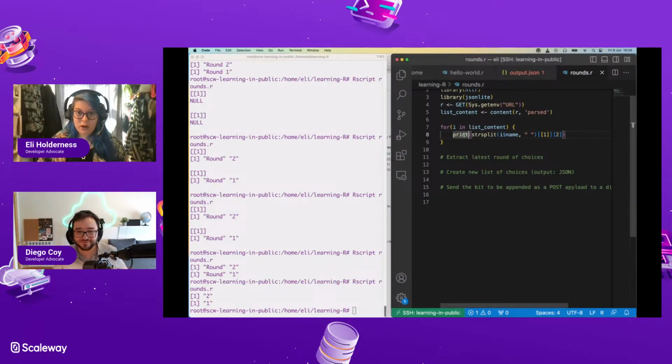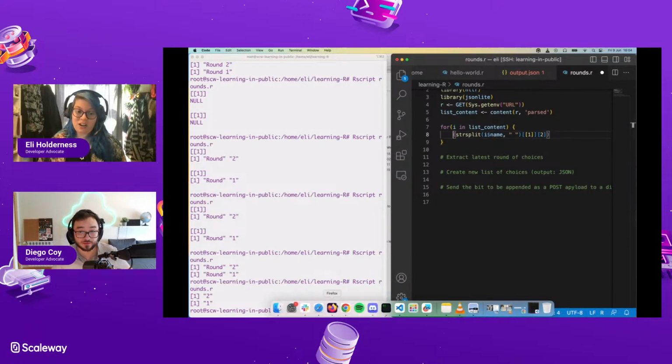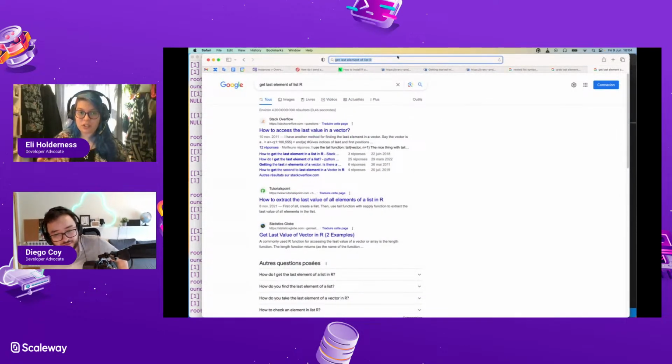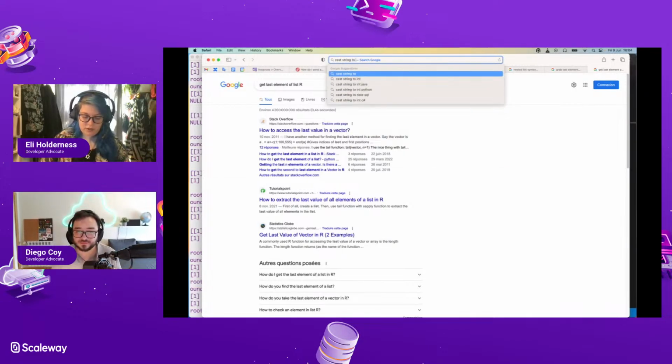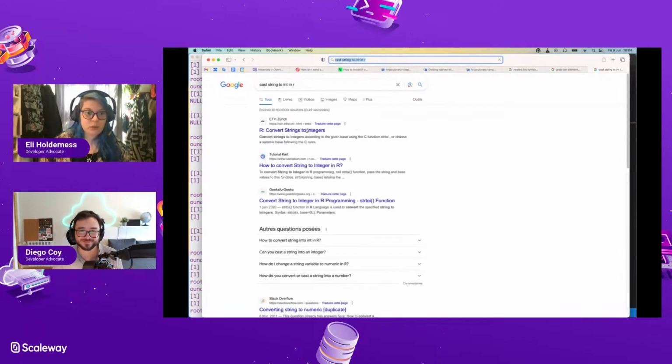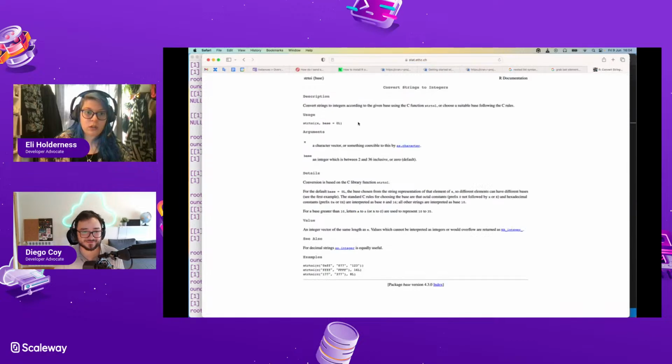So can I then add them to a variable? Yeah, cast them as ints. Cast string to int in R. String to int. Cool.